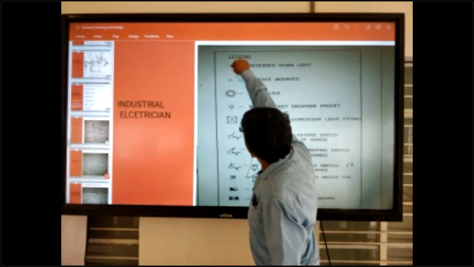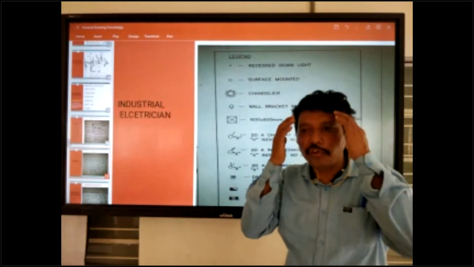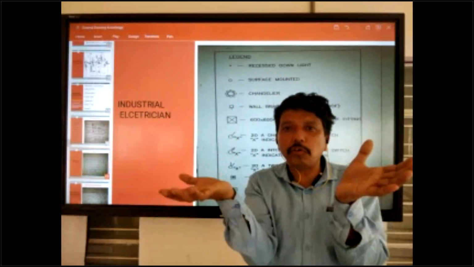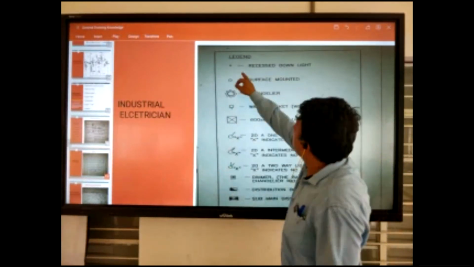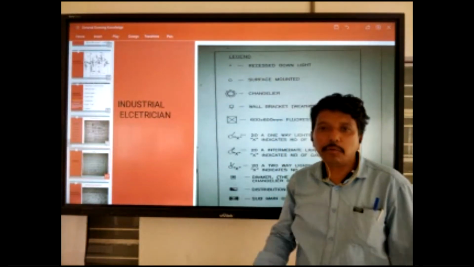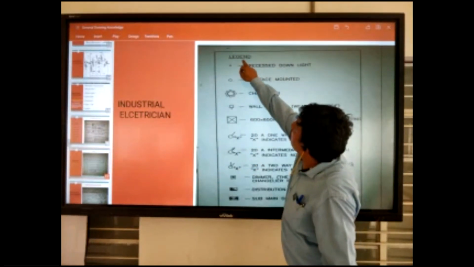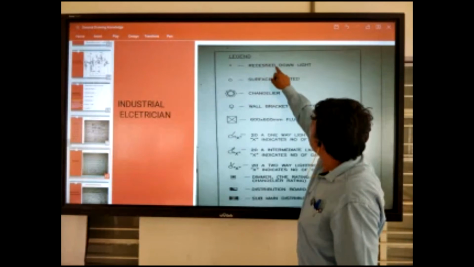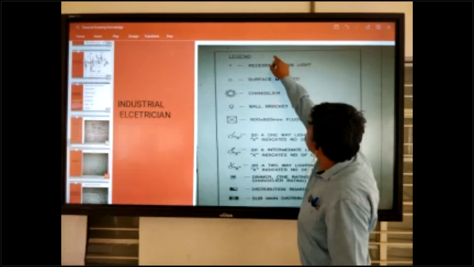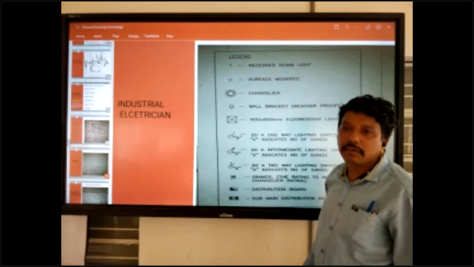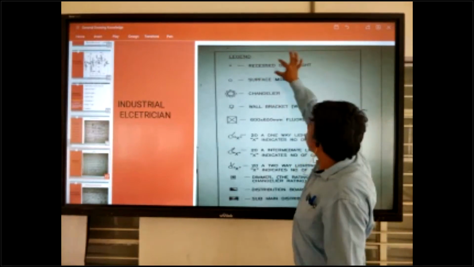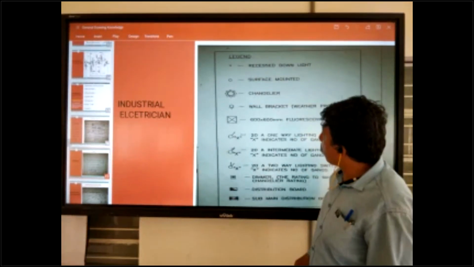So what is the meaning of this one? You can get confused. Open your drawing. Inside there is this type of symbol. You cannot understand what this is. At that time you can go to the legends and check there what the meaning of this one is. It is already written there. So this means this type of light. You can be clear about this one.